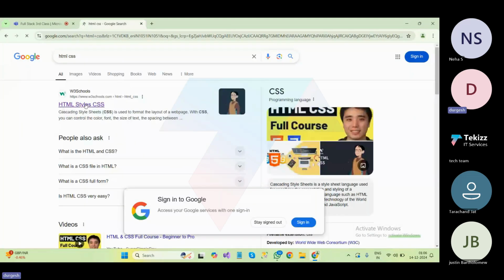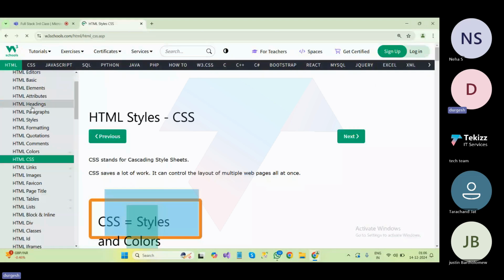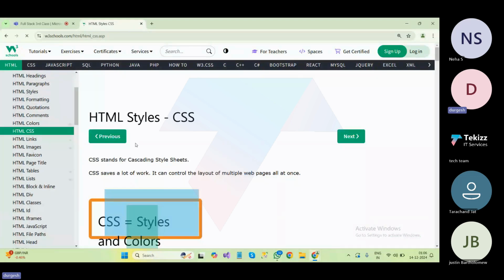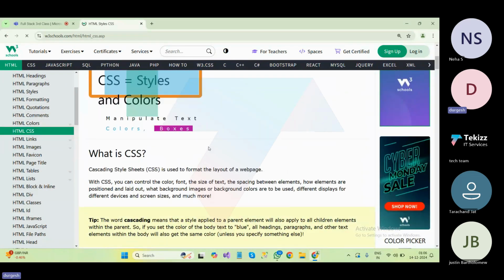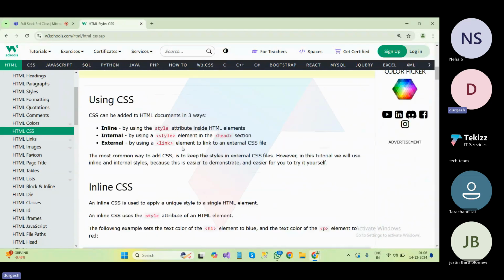So in the previous topic we learned about HTML. I think today is our last class for HTML. In the next class we will start some other things. We covered some things like